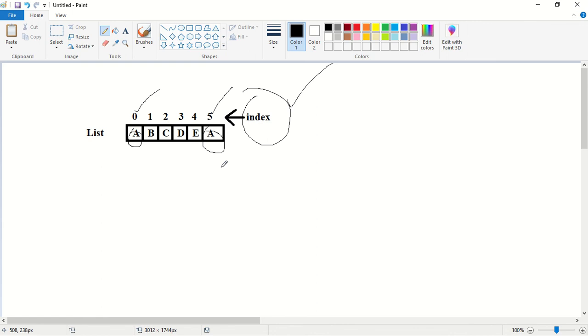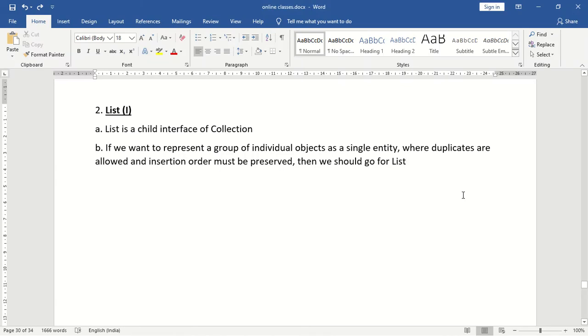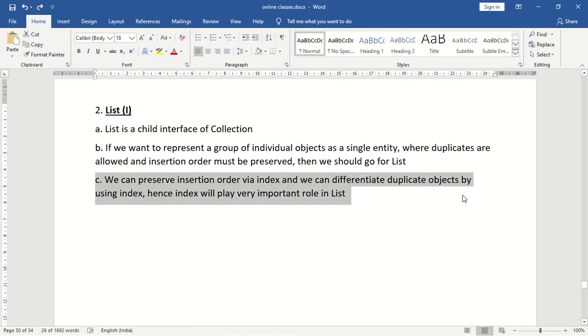The next point is that we can preserve insertion order via index and we can differentiate duplicate objects by using index. Hence index plays a very important role in a list.